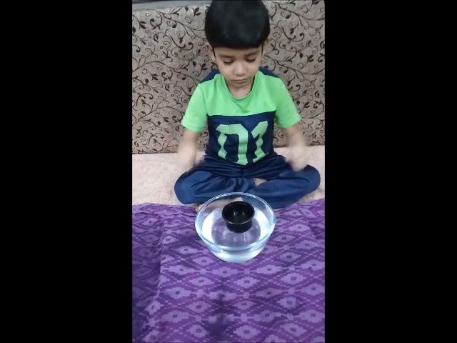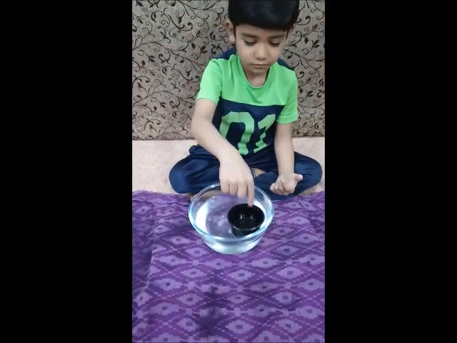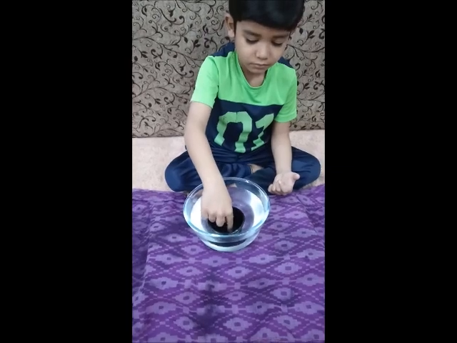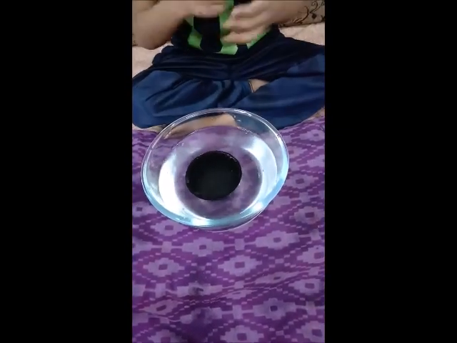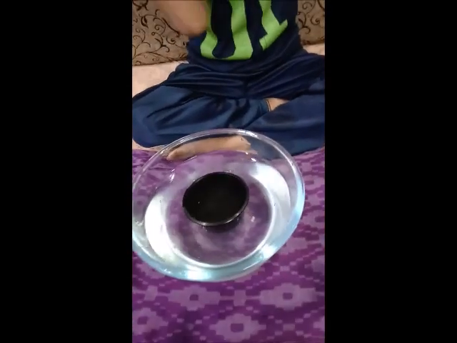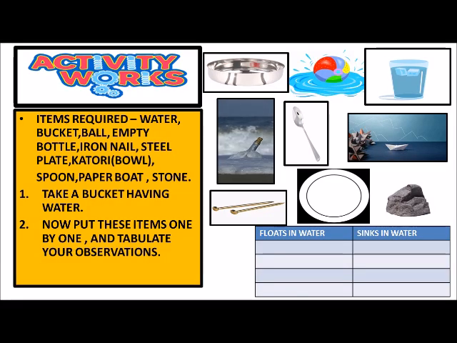Just see, the child is having a plastic bowl. He is placing it in the water bowl and it is floating. Now he is pressing it. The water is getting filled in the bowl and it is now sinking. But you can see clearly it is not going to the base but it is floating with the level of the water. Now we have an activity for you, a very interesting one,